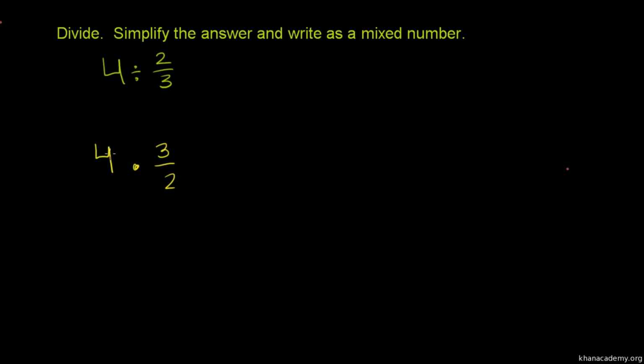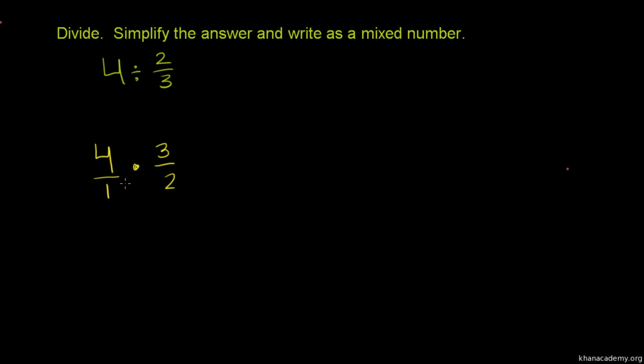Now, 4, we've seen this before where we're saying, okay, well, if we know how to multiply fractions, you multiply the numerators times each other and the denominator times each other, but 4 doesn't look like a fraction. We always have to remember a whole number can be written as that same whole number over 1. 4 is the same thing as 4 over 1. And now this becomes kind of a plain vanilla multiplying fractions problem.